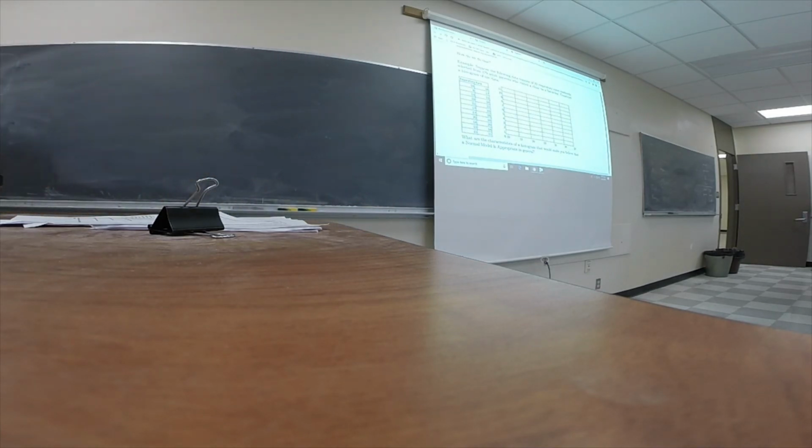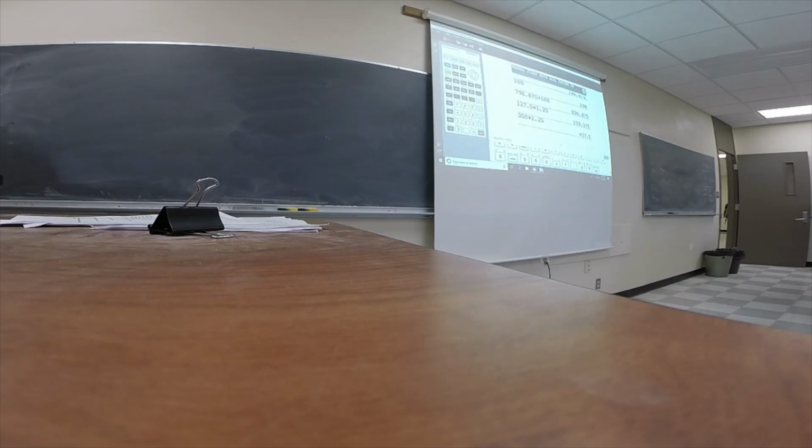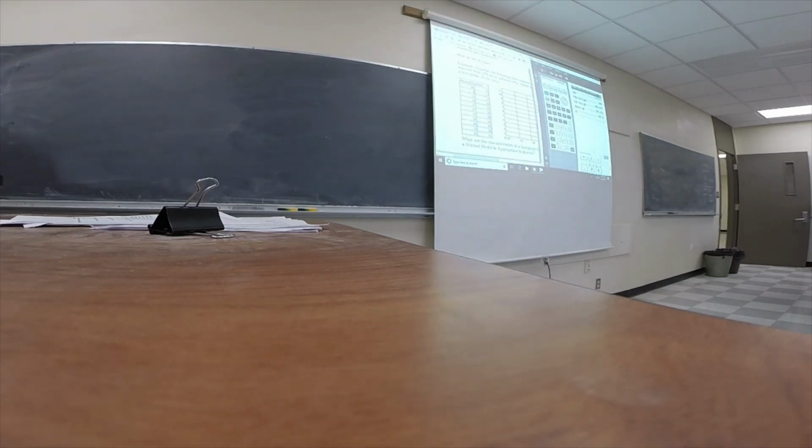Okay, so we've got all this. In order to do a histogram, what I'm going to do first is put all this data in my calculator. So I'm going to clear my list out. Stat, edit. I'm going to go up here, hit clear, and enter, and that clears my whole list out. I'm going to type this in. Order doesn't matter, so I'm just going to go down the road. So 14, 8, 13, 16, 15, 17, 18,